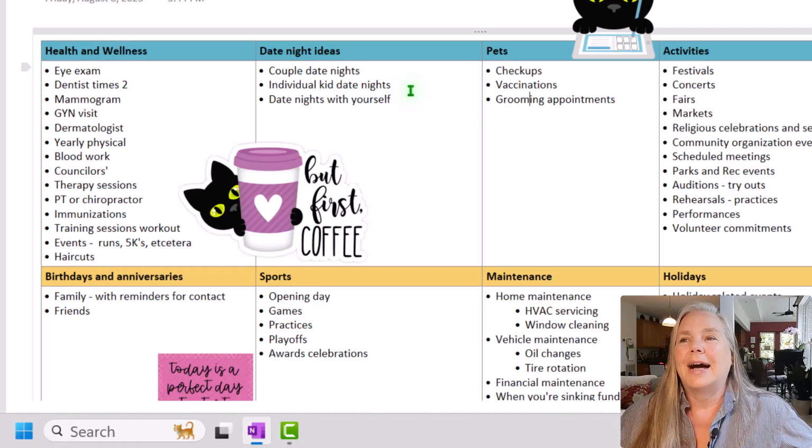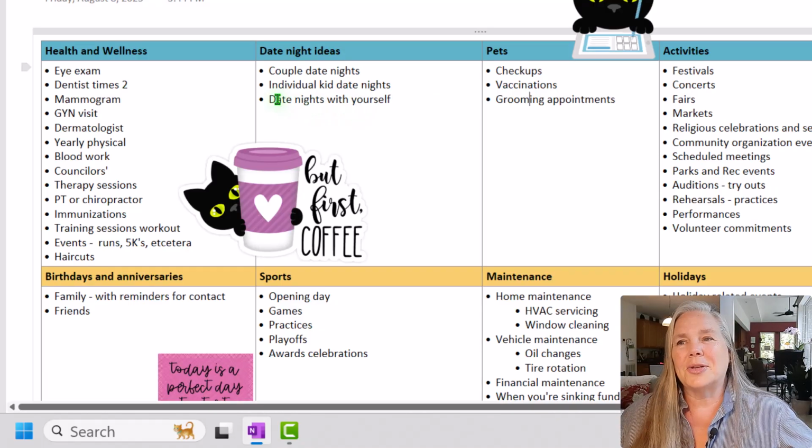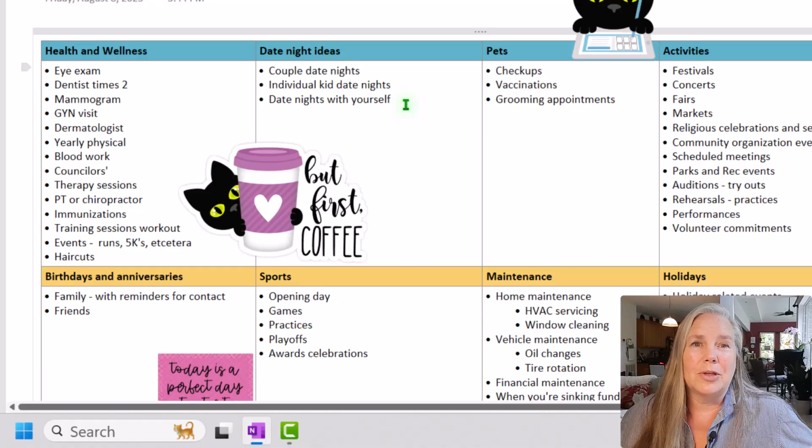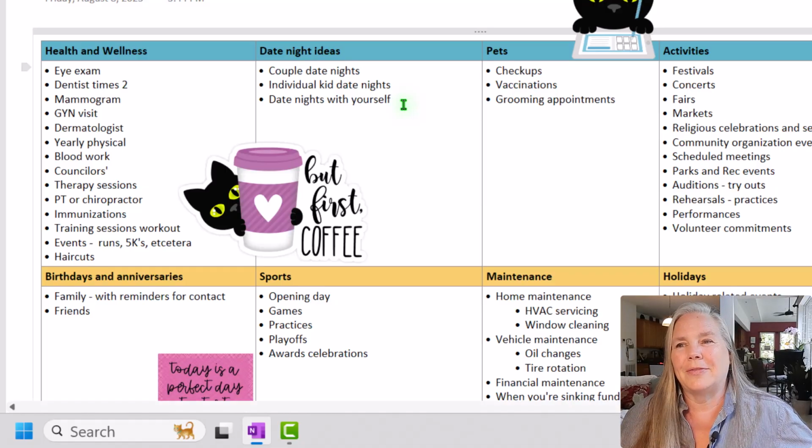Like I said, I only have one, so if she and I plan a shopping day or a lunch out or something like that, we're good. And then I also think sometimes it's nice to take a date night with yourself. Go and do something that you would enjoy, and it doesn't matter if anybody else is with you. You're just going to do it for your own peace of mind and some time to reflect with yourself, okay?